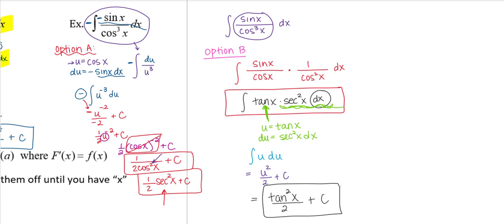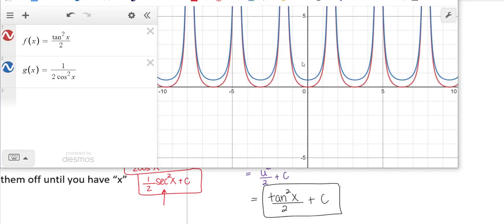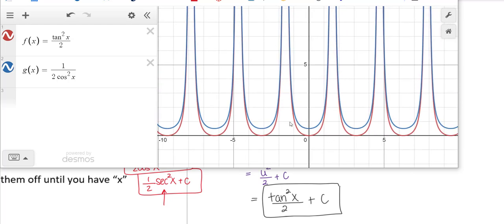And now here's where I want to spend just 1 minute showing you the graphs of these two. Okay, if I look at these two graphs, I can kind of shift this down a little bit here. I'll notice that the red, I put in that answer we got second here, this tangent squared x over 2, and the original one, I just wrote it as 1 over 2 cosine squared of x, but I could certainly have written it as a half secant squared x as well. In your graphing calculator, you don't have a secant button, so you would have to write it as a reciprocal of cosine anyway, so that's why I did that here in Desmos. But Desmos does allow you to type in secant squared and cotangent squared, all that kind of stuff.